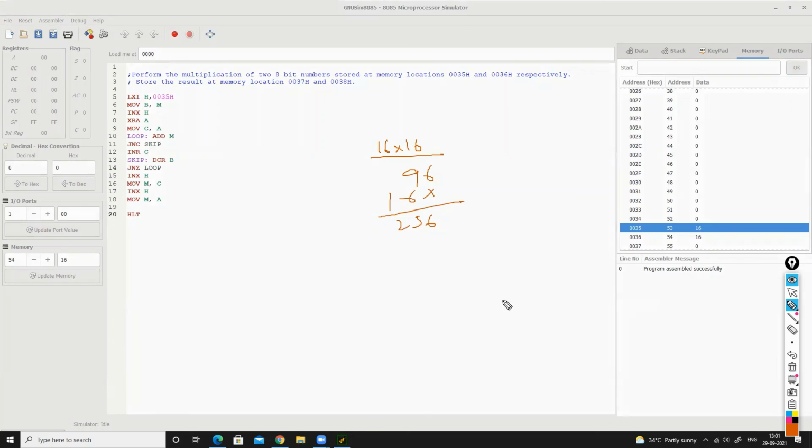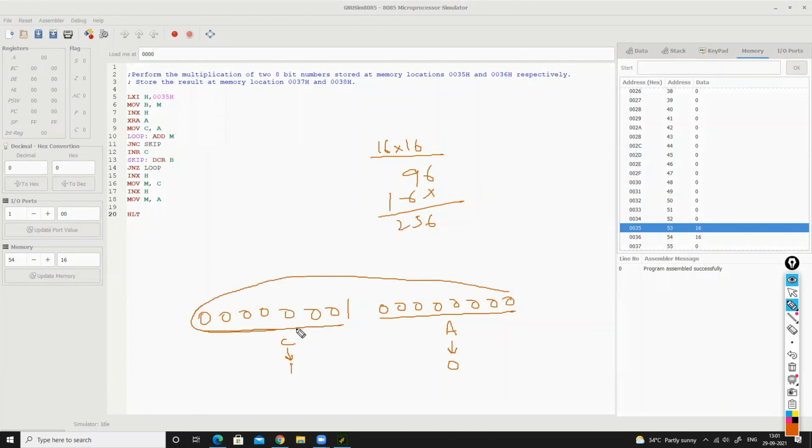So 256 can be stored like this. This is our A. This is our C. So C should contain 1 and A should contain 0. Because 256 can be represented using 16 bits like this.